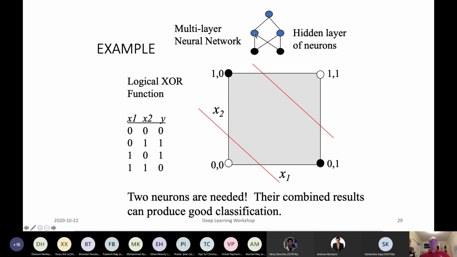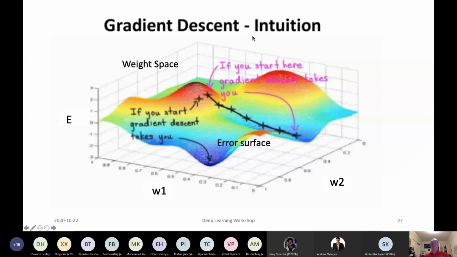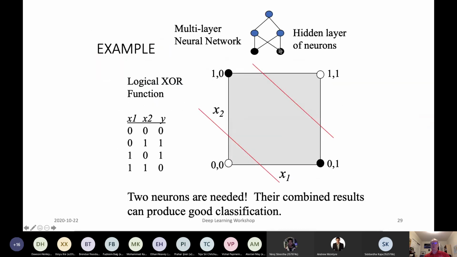problem. And if you look at what's going on here, this network actually has three little perceptrons at work. It has one here, it has one here, and then one on top of both of those. So this one learns to create one discriminant boundary, and this perceptron learns to create this discriminant boundary, and then the output from each of these is passed through yet a third neuron, and it generates the result. Sorry about that, it's really jumping around on here. Yes, so these three neurons are working together.